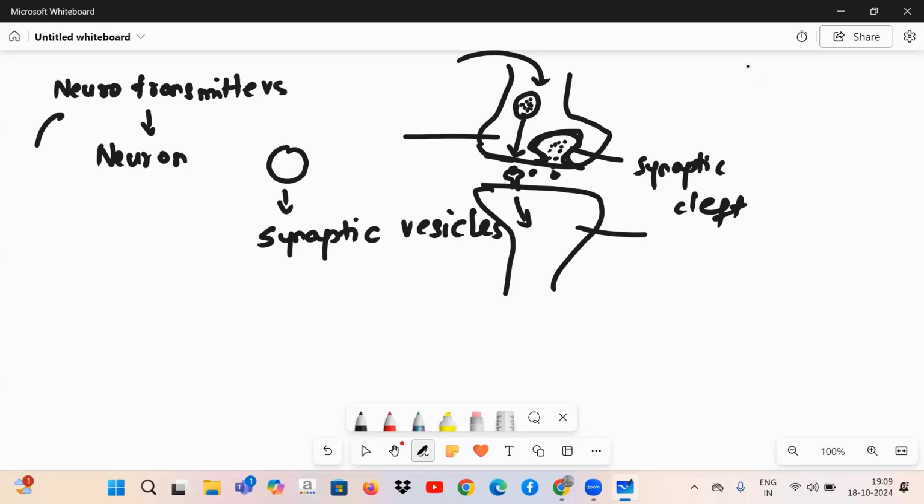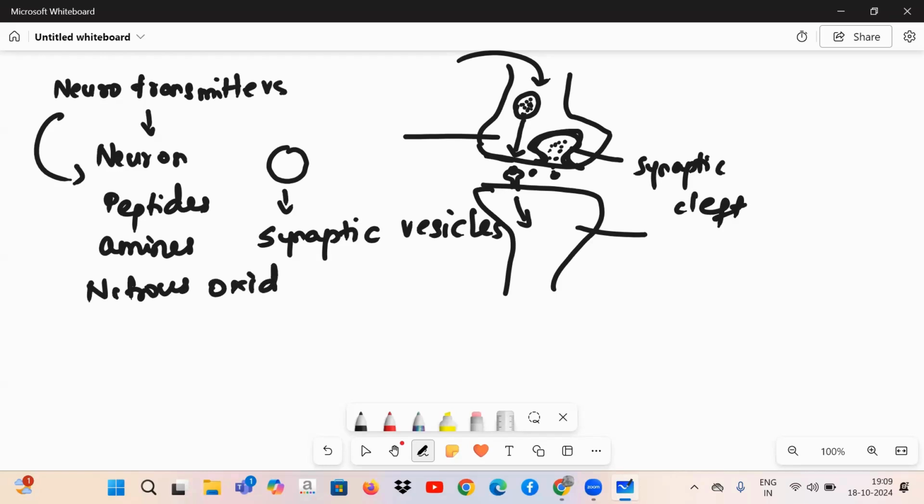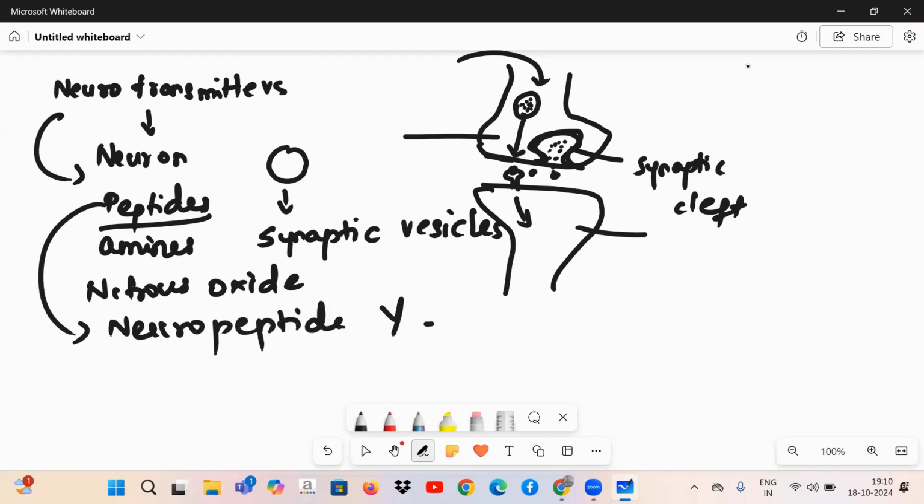Now, when we talk about the types of neurotransmitters, they are peptides, amines, nitrous oxide. These are the different kinds of neurotransmitters. When I talk about peptides, peptides are proteins, correct? Some kind of protein. So a common example we take for peptide is neuropeptide Y. This is responsible for, for example, the feeling of eating when you see food, right? That is because of this neuropeptide being synthesized as a result of you looking at the